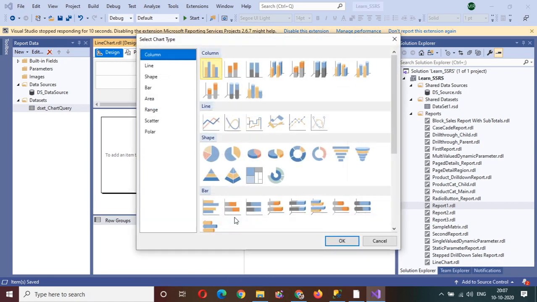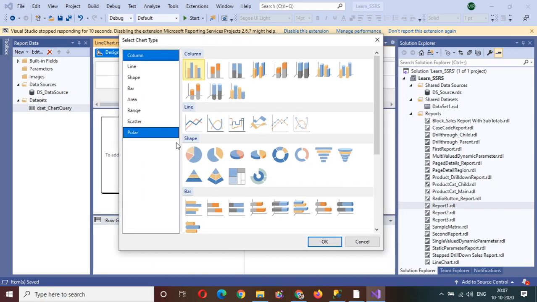Okay, click on chart. As soon as you click, you can see the very beautiful interface here. There are a lot of chart types available in an SSRS report, where you will be able to create whatever you need as per your requirement. If you want to create a line chart, then you have this many line charts available. This is a simple line chart, we have a smooth line chart. If you mouse over, you will be able to get the name as well, step line, all of this.